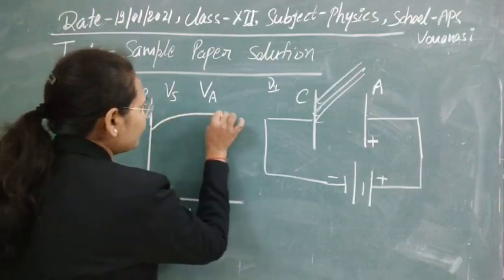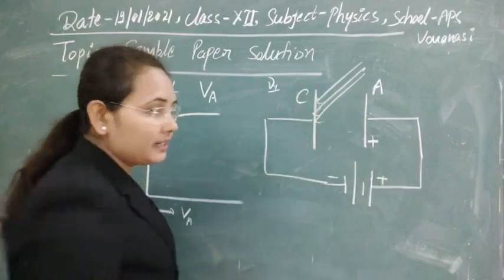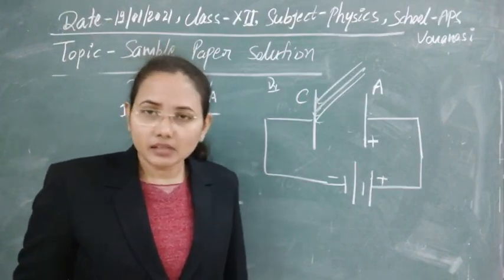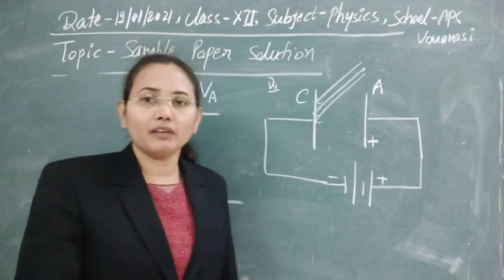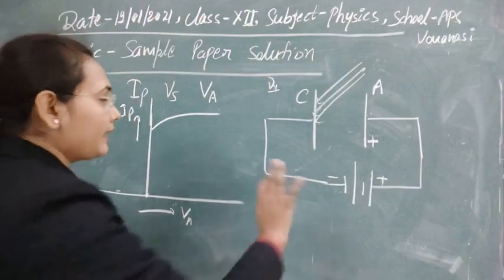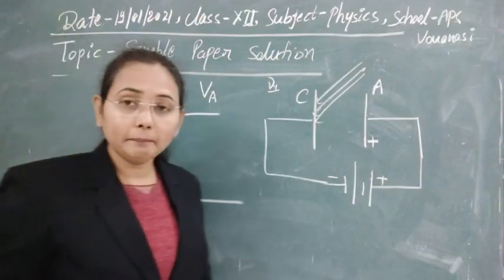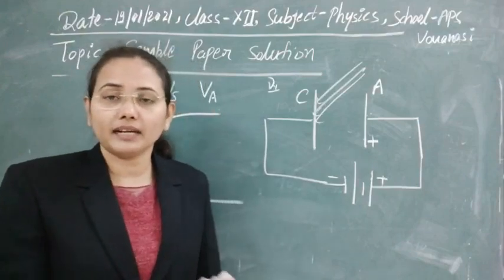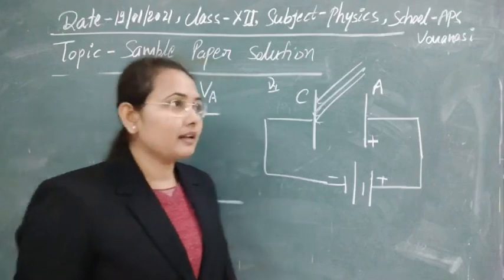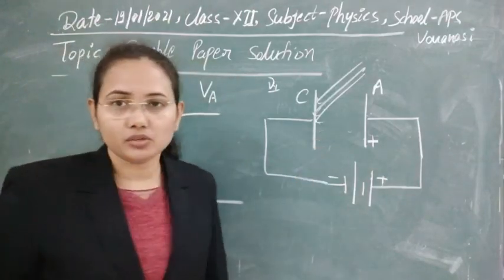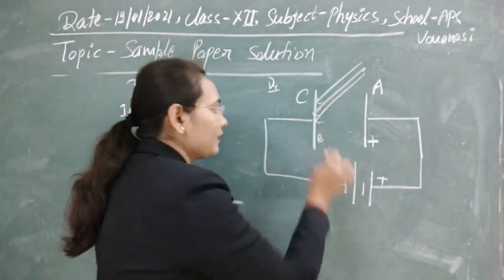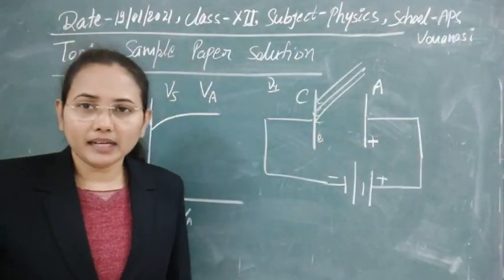Here the intensity is the same. In our first question it is given that if we change the frequency while keeping the intensity constant, what will be the effect on this curve? First of all, we have kept the frequency constant, and the intensity is constant, and you know that the number of electrons ejected in the photoelectric effect depends on the intensity of radiation. So if the intensity is constant, the number of electrons ejected will also be constant. Suppose 8 electrons are ejected here due to that intensity.